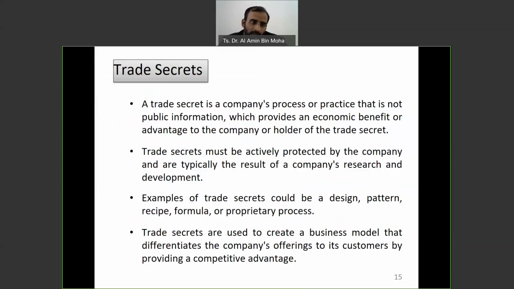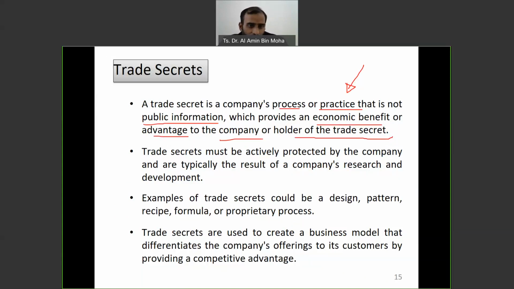We have trade secrets. A trade secret is a company's process or practice that is not public information, which provides an economic benefit or advantage to the company or holder of the trade secret. What's the best example? We discussed the KFC recipe, right? So it's a company secret, a trade secret.